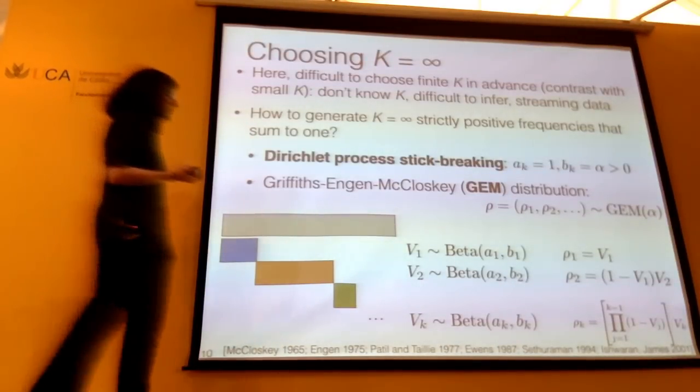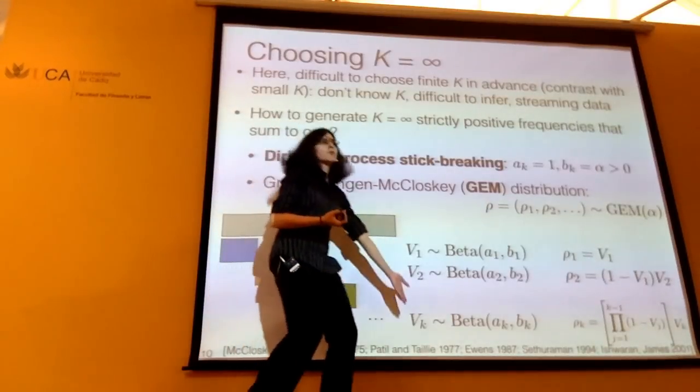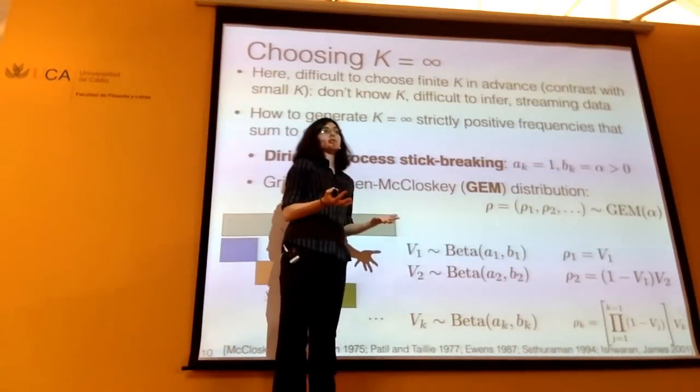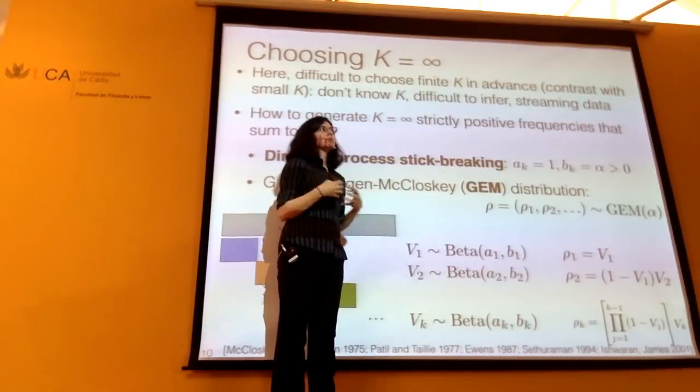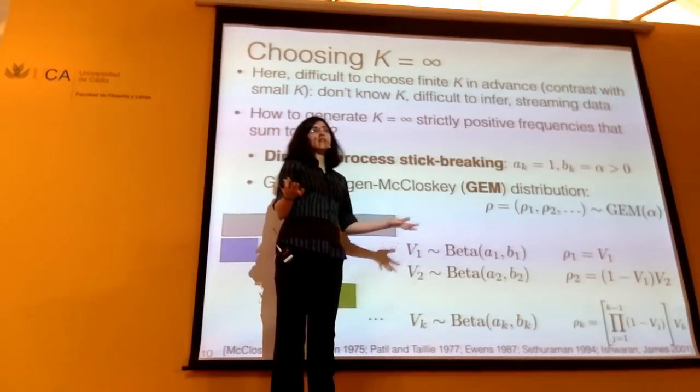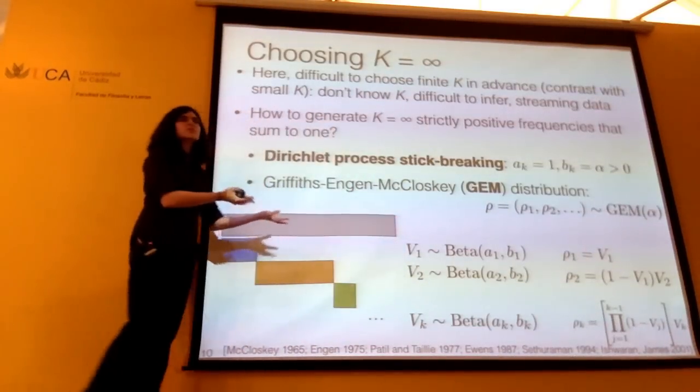Because if we did what we did before, then we couldn't go to infinity. We would have to stop at some point. Otherwise we wouldn't have a well-defined Dirichlet distribution. So in some sense, you could say that we were inspired by this construction of the Dirichlet distribution, but this is just a fundamentally different thing.